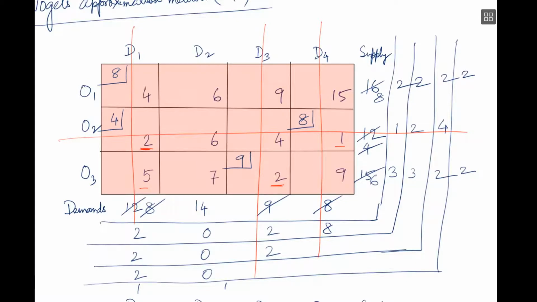We have only 2 cells remaining, where we distribute the remaining supplies and demands accordingly, and we see we can allocate 8 here and 6 here, so that everything has now been exhausted. So using Vogel's approximation method,